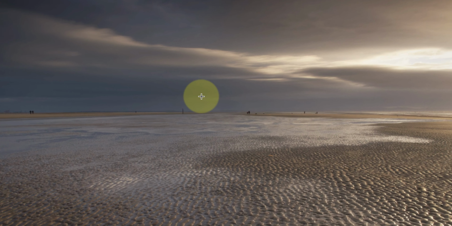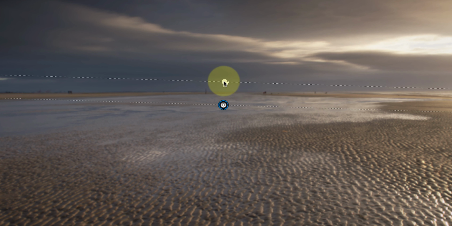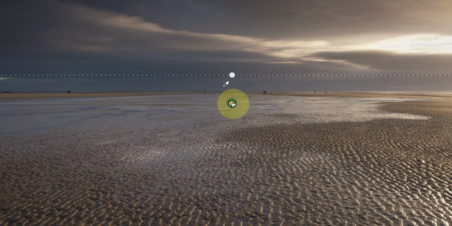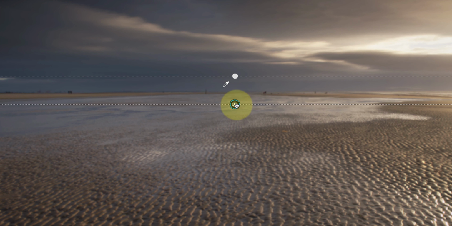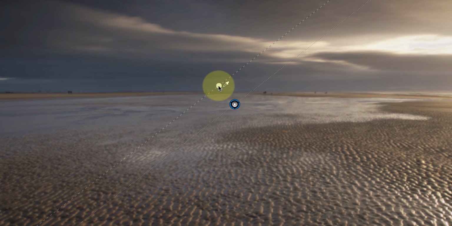With the tool selected, I can click and drag on the image with my mouse to draw the selection. This works just like the graduated filter. It's the same shape and has a graduated area between the points where I click and drag with my mouse. If I click and drag the main pin, it repositions the filter without changing this graduated area. But if I click the small pin, I can then drag to resize the gradient as well as rotate the filter around the main pin.